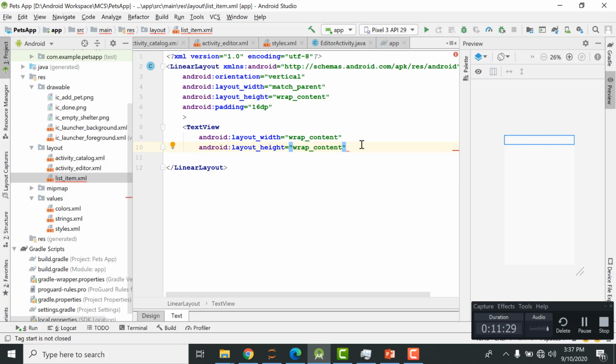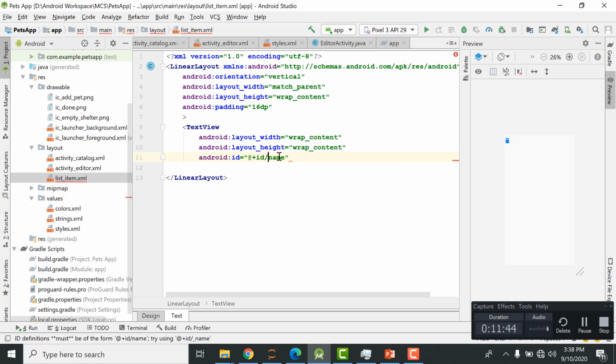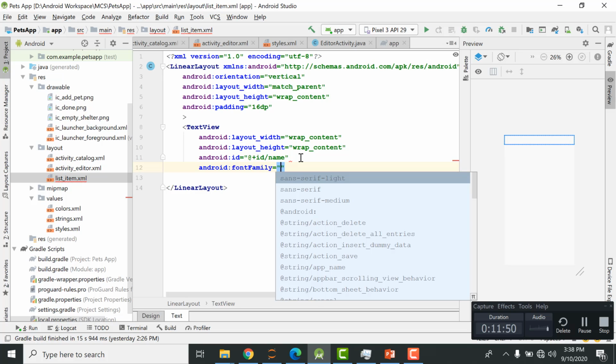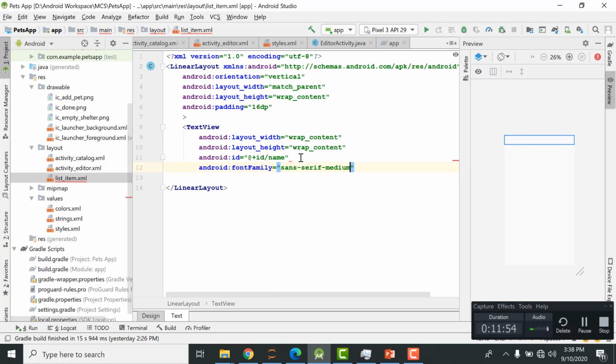Wrap content, and then the id will be name. So this text view is for the name. Okay, there is an error because I have inserted double slash. And then font family, and is it sans serif medium,